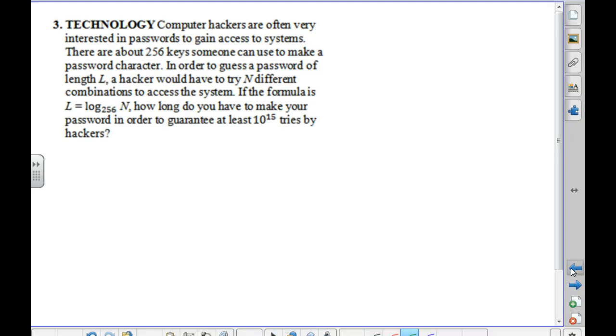It says computer hackers are often interested in passwords to gain access to your system. There are about 256 keys someone can use to make a password. It's very important, guys. They're counting all the keys and all the shift stuff. So if you just use letters, that's a whole different ballgame. But if you use all 256 different characters, if they had to guess out of all of those, it would take them